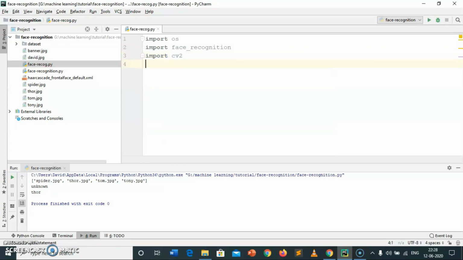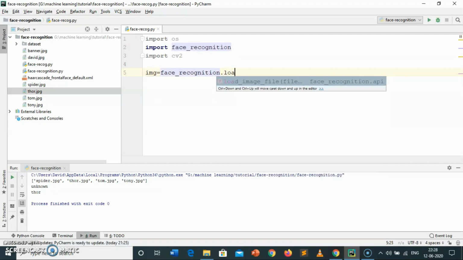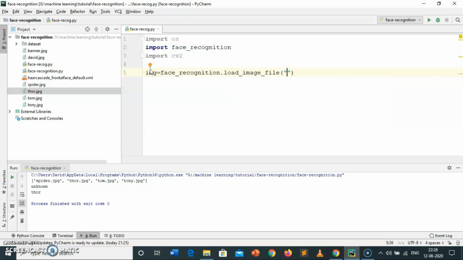Now I am going to take one image for testing purposes. For example, I am going to take Thor.jpg for testing. So image equals face_recognition.load_image_file, and give the name of the image, that is Thor.jpg.